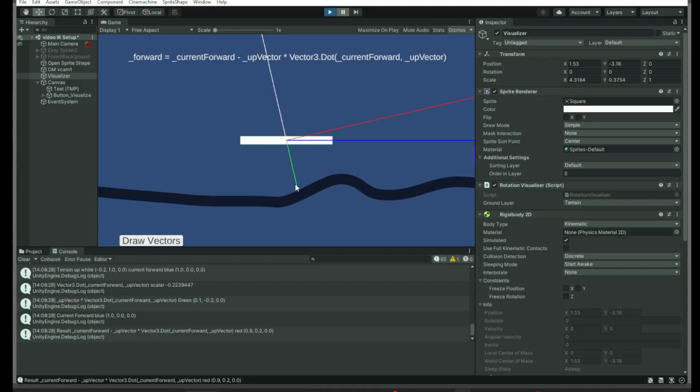And this here is the result of taking the up vector and multiplying it by that dot product we talked about. Now, if you look at this, you'll see that the green line, which represents this dot product, is pointing downwards. That actually means that we have a negative scalar for the dot product, which we've multiplied with the up direction, resulting in a vector that's going in the opposite direction of the ground normal. Now, if we move